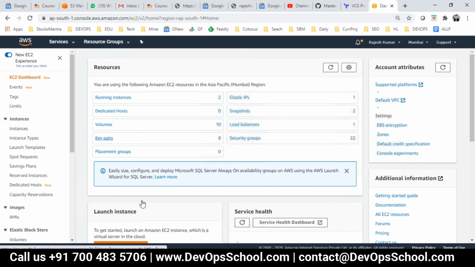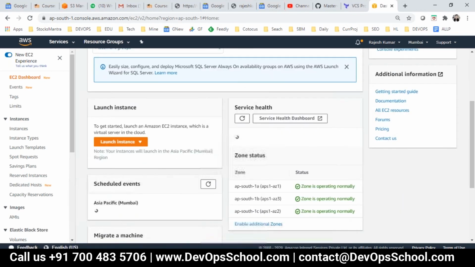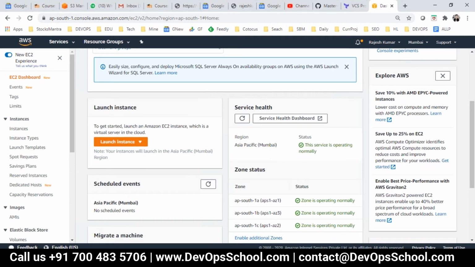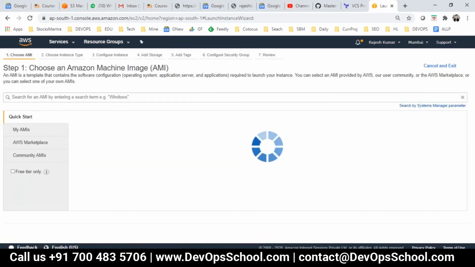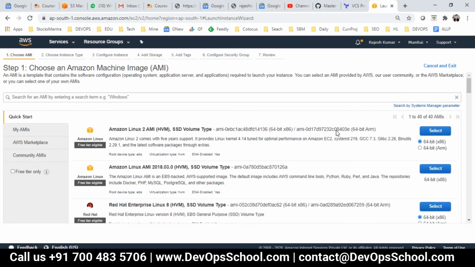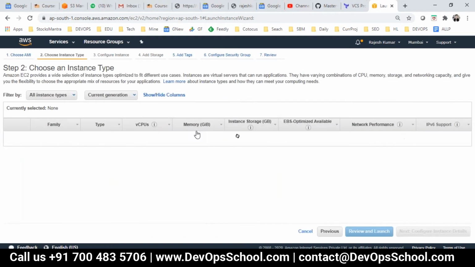Now let's say you want to create an instance, launch instance. And see here, select.